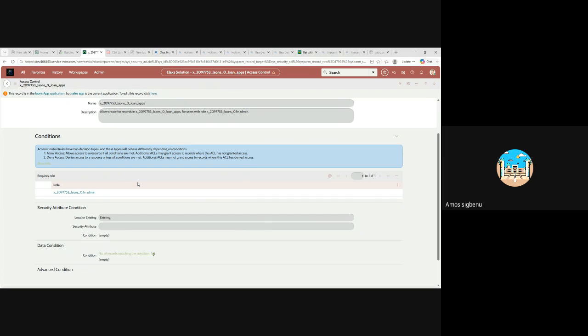this record is in a loan application, but sales is the current application. To edit, click here. I'm going to do that later. But I just want to explain one or two things to you guys. First of all, we have a role. This is the role. For anybody to be able to access the application, it needs this role. Now, inside this role,